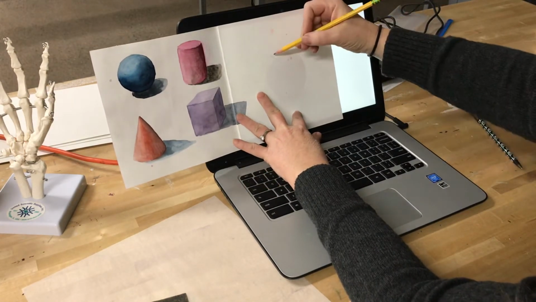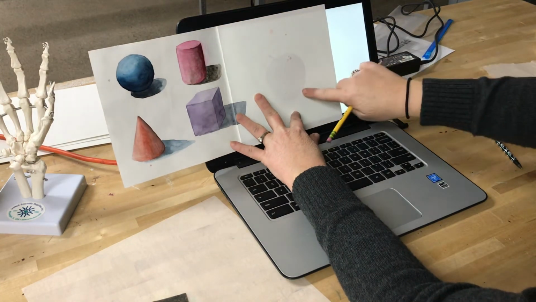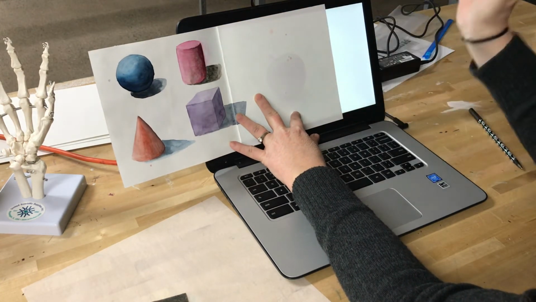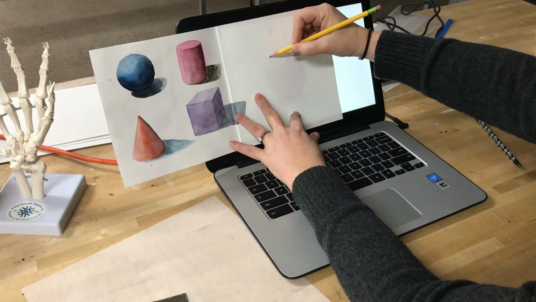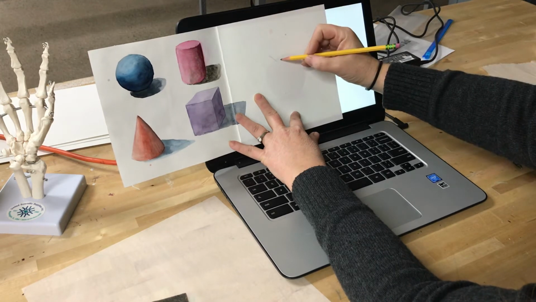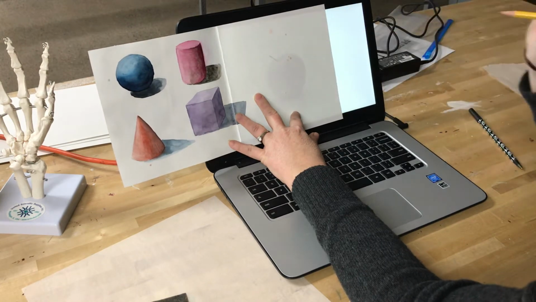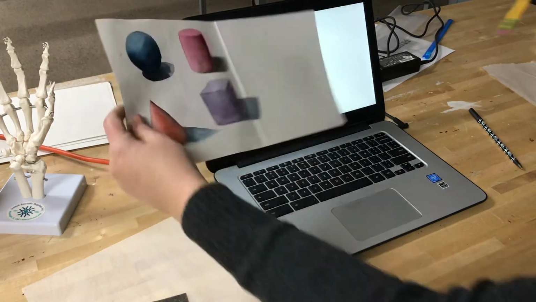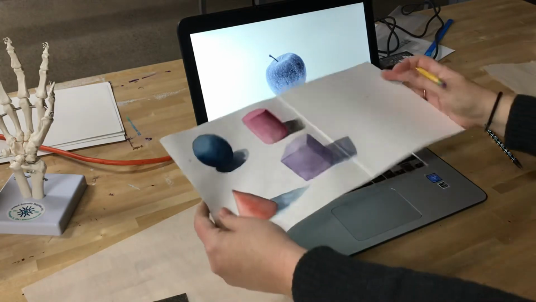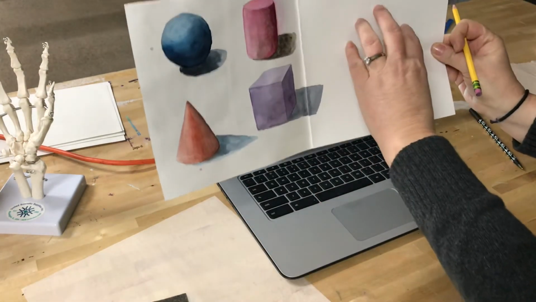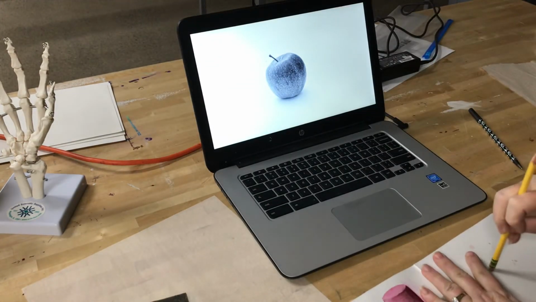And I can now see the apple right through my paper, and I can go ahead and trace the apple lightly in pencil right out here on my sheet. So that is option 1 for taking the apple and moving it to your sketchbook so that it is about